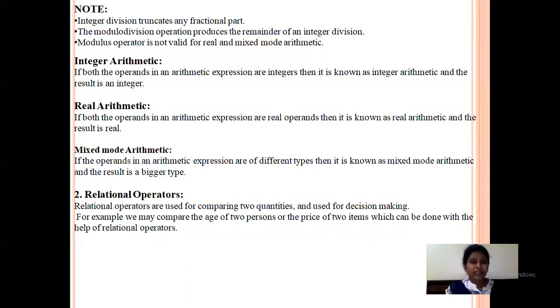Then the next operator is the relational operator. Let's see what we mean by this relational operator. Relational operators are used for comparing two quantities and used for decision making. For example, we may compare the age of two persons or the price of two items, which can be done with the help of relational operators.